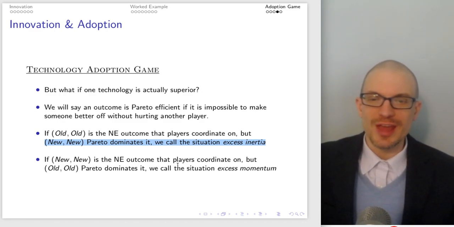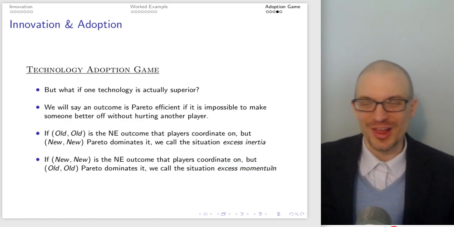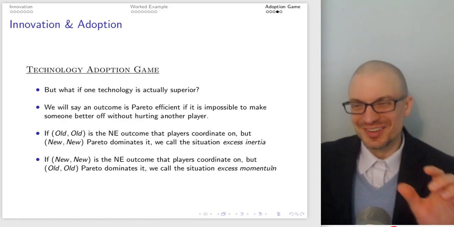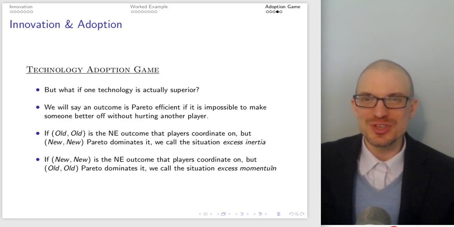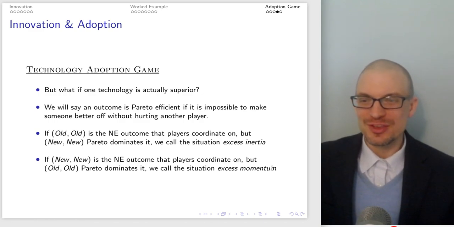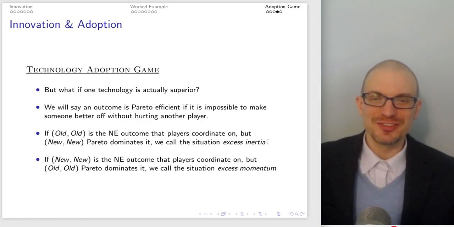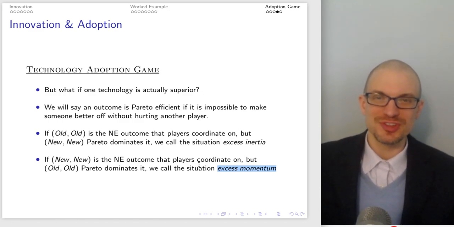If new is the Nash equilibrium outcome that players coordinate on, but old Pareto dominates it, we call this excess momentum, right? Momentum is an impulse. It's mass times velocity. No one cares. So if you too readily adopt the new technology, too eager to change, like my school district, that's bad. That's excess momentum. You should have stayed on the old technology. So excess inertia basically is where the new technology is better, but we failed to coordinate on it. Excess momentum is where the old technology was better, but we switched to the new technology and we're stuck with it,